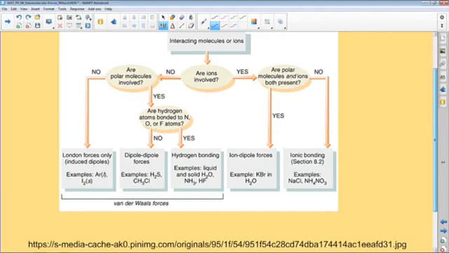Okay, first one, are ions involved? So if there are ions involved, and we say yes, we're going to go in this direction. Then there's 2 options. It's either going to be an ion dipole force, or it's going to be an ion-induced dipole. Okay, here it says ionic bonding. So ion dipole, or I'm going to say ion-induced. I'm going to add that one in here. Okay, if it's no,